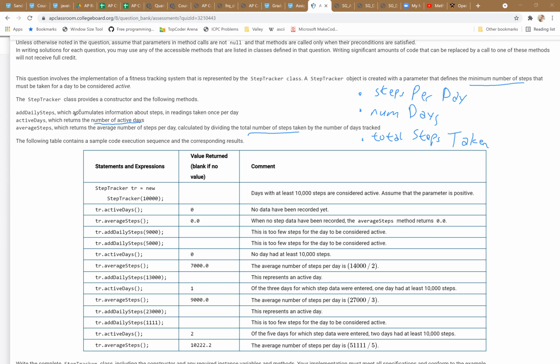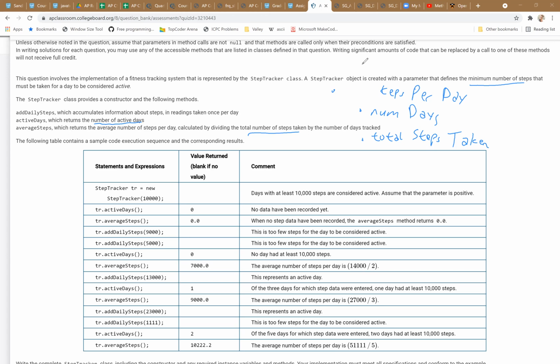Information about steps. I think those should cover it, right? Because it'll be the total steps taken divided by the number of days to get the average. Let's call this one